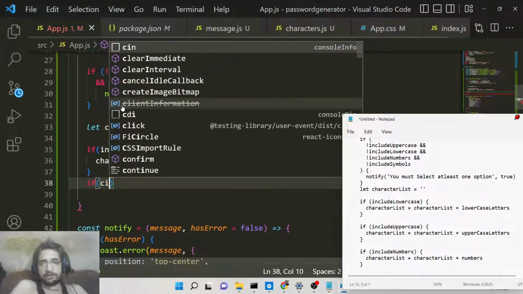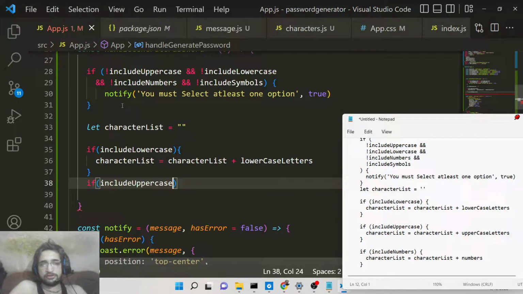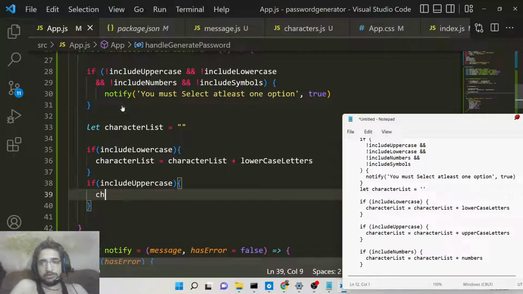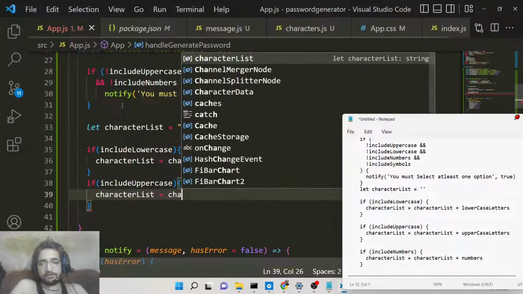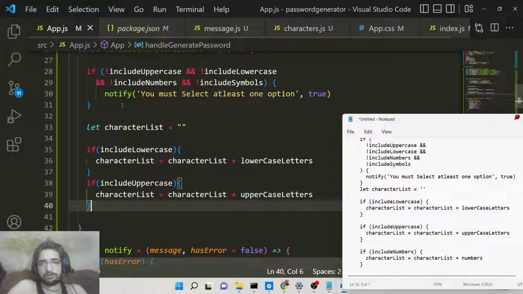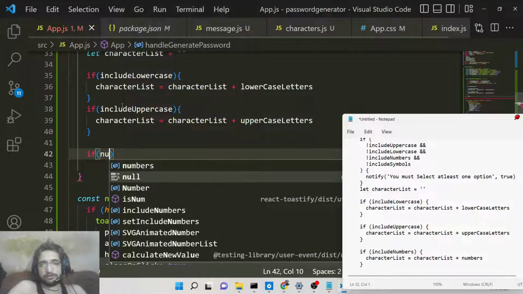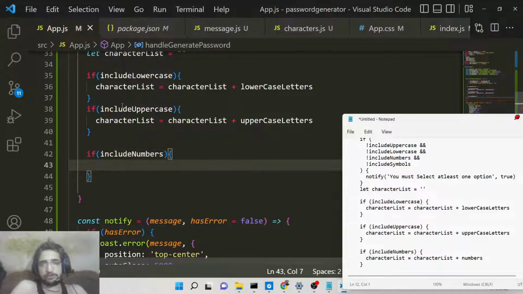Again, if we check the include uppercase is selected, then we will be appending uppercase letters. If include numbers is true, then in that case,